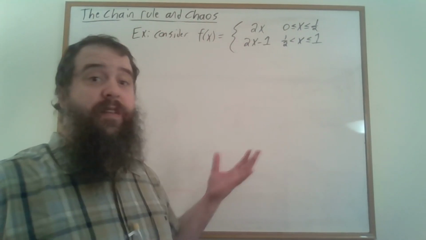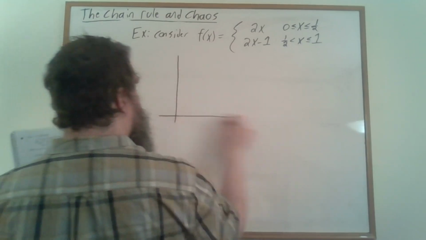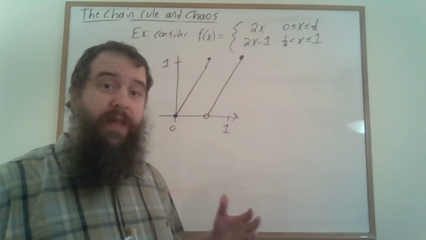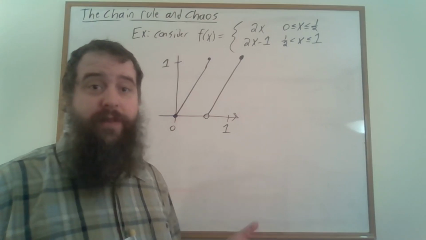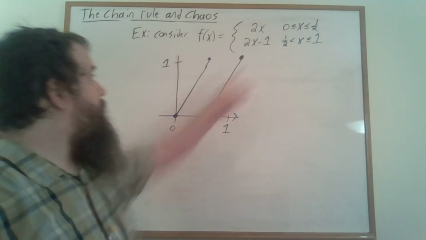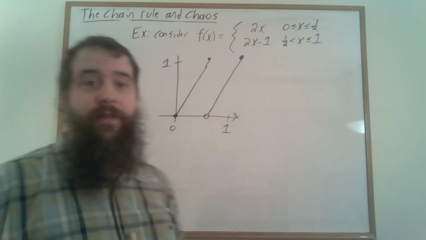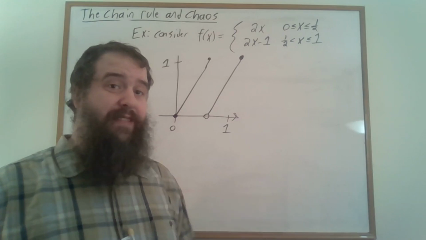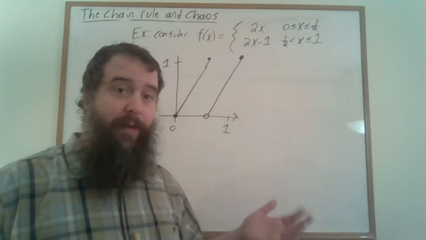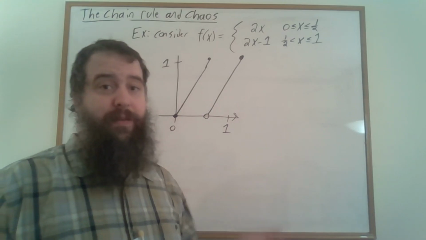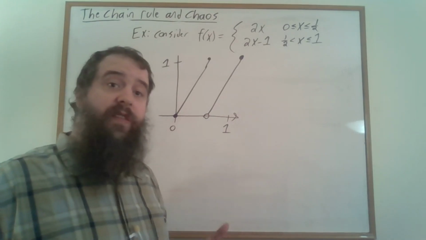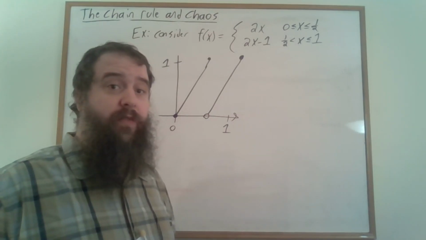Let's consider this function here. Its graph looks like this, and notably the slope of this graph, the derivative of this graph, is pretty much 2 everywhere, except at the points of discontinuity of the graph. And that's going to make our reasoning about the chain rule for this function much easier, because if we're talking about the derivative, it's pretty much always going to be 2, regardless of what value we're plugging in. If we took this function and composed it with itself 4 times,